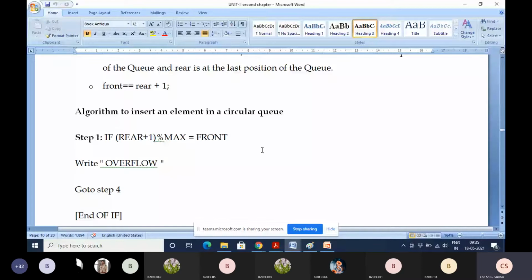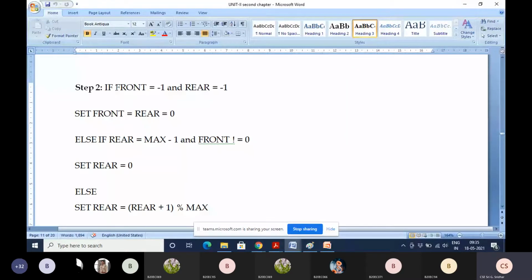Now, what do you mean by front equal to -1 and rear equal to -1? Can anyone tell? The circular queue is empty. Yeah, very good. Whenever you initially create the circular queue, before inserting a new element, both pointers front and rear point to -1.